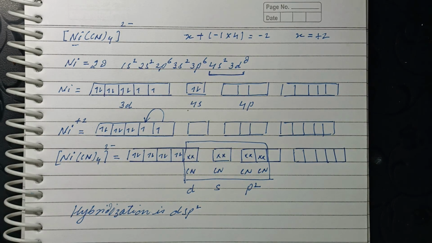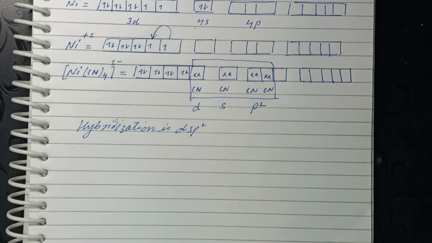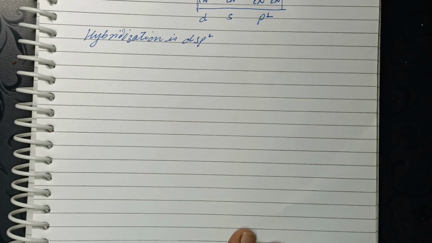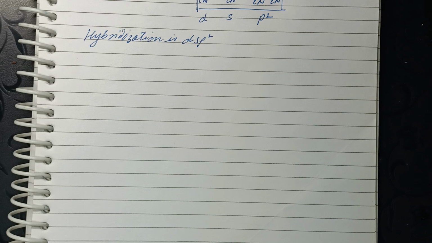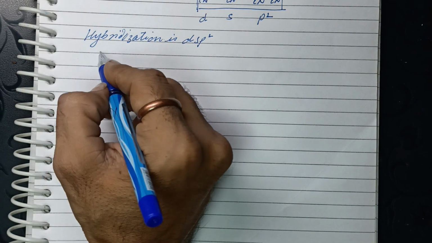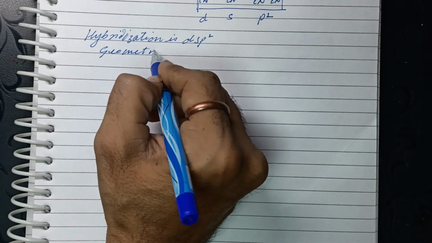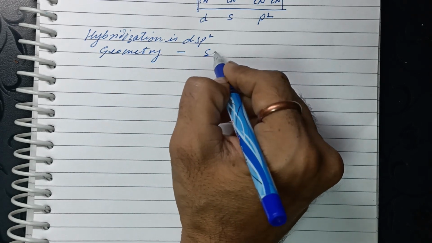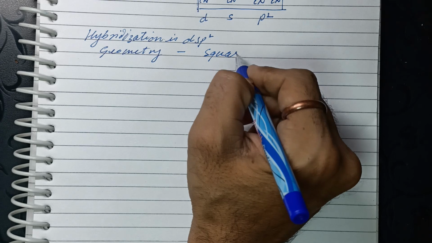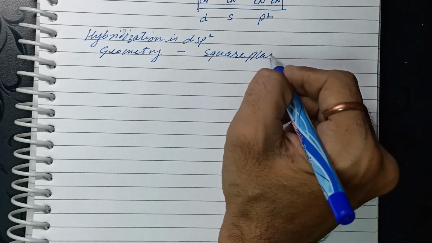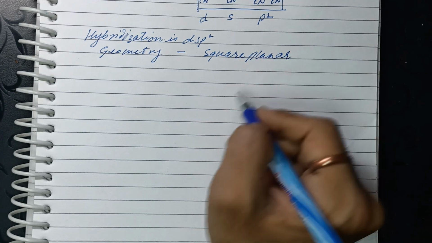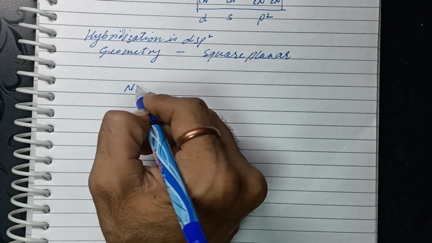Right? Hybridization is dsp2, and geometry is square planar. Structure is